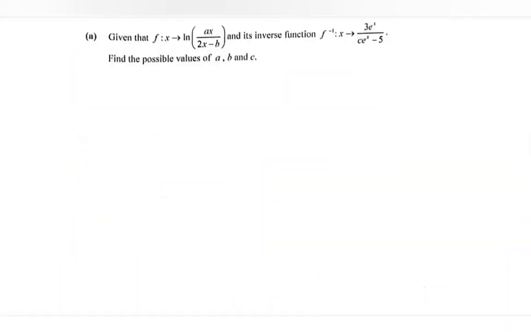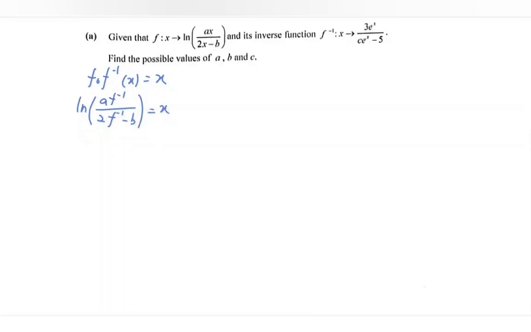Hello everyone, in this video I'm going to discuss the example for function and graph. Referring to the example given, we have the function f and also its inverse. So based on the situation given, we have f of f inverse, so we will have the value x. So using the substitution method, kindly substitute the f inverse into the ln. So based on here, we have ln bracket. If we substitute the situation, we will have a f inverse over 2 f inverse minus b,